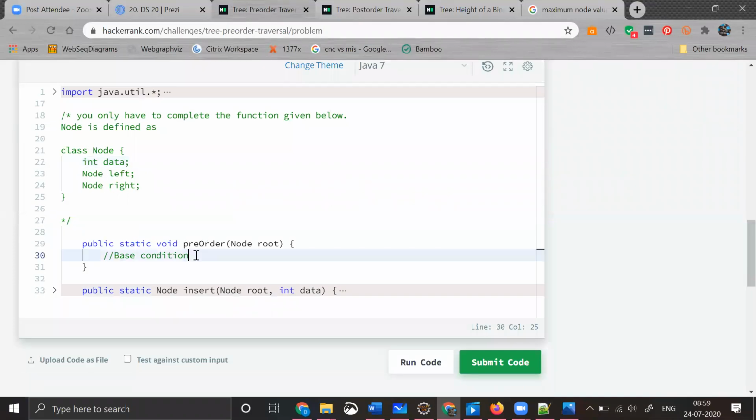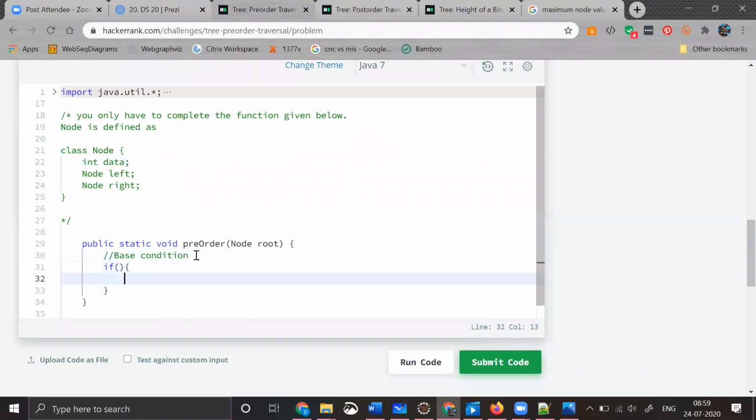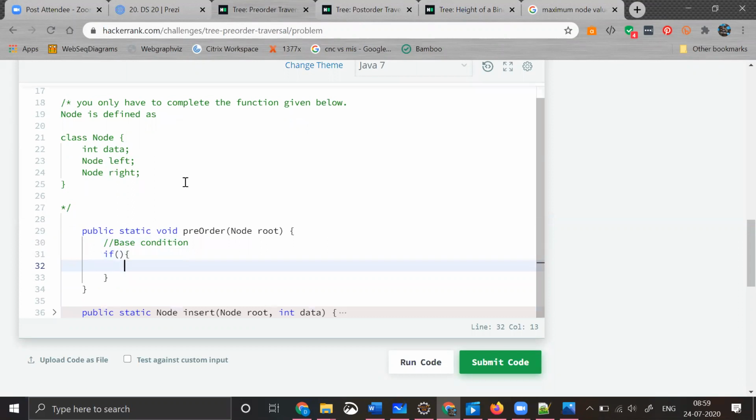So first let's try to write the base condition. What is the base condition saying? If root equal to null, what should you do? You should do nothing but return. That's it, right? So after that,